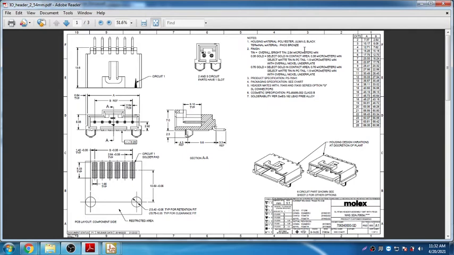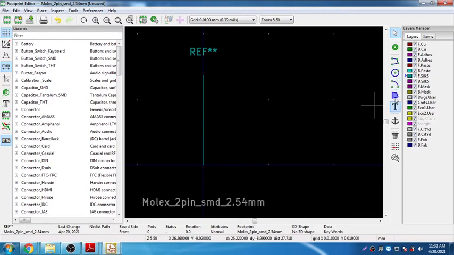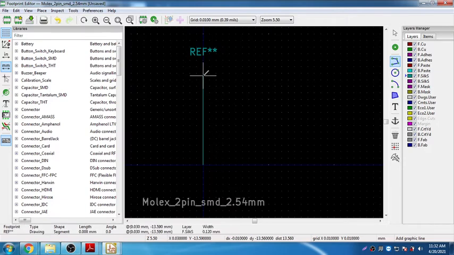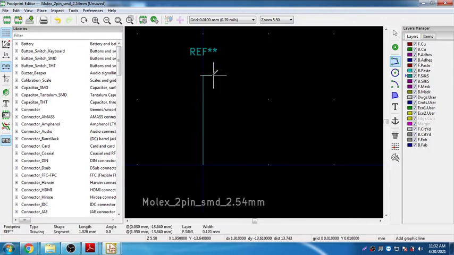A is the outer line, which for a 2-bit connector is 7.37. So I'm going to draw a line again from here, and this layer is the front silk layer that you choose. Later I will add the fabrication layer also.